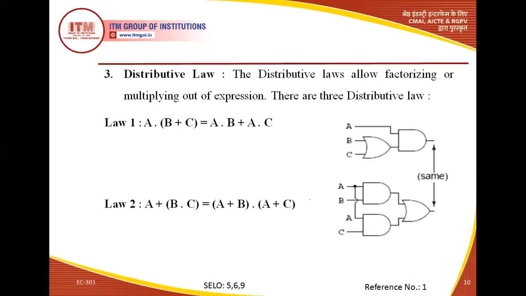It can also be seen by the logic diagram. That means first we perform the OR operation, then perform the AND operation with A, which will produce the same result as the AND operation of A and B, the AND operation of A and C, and the OR operation of A and B and A and C. So both give the same result. That means we discussed here the first case. You can also make the logic diagram of the second case.